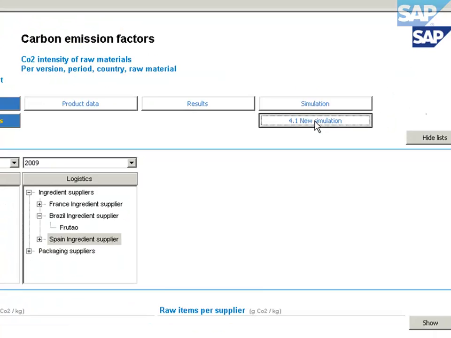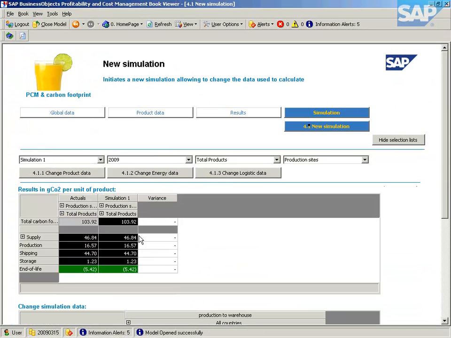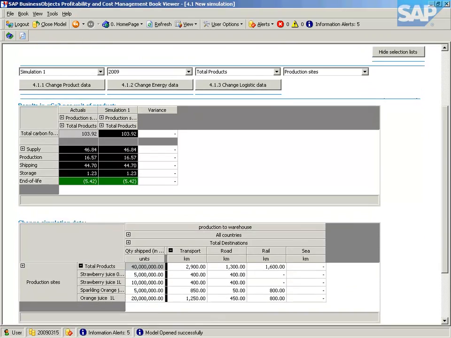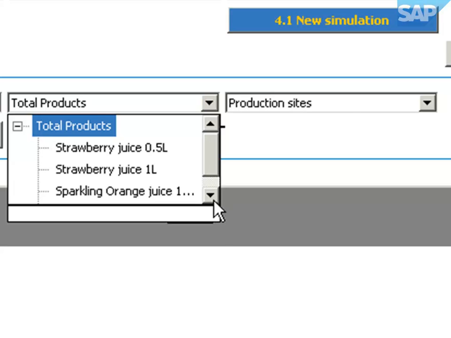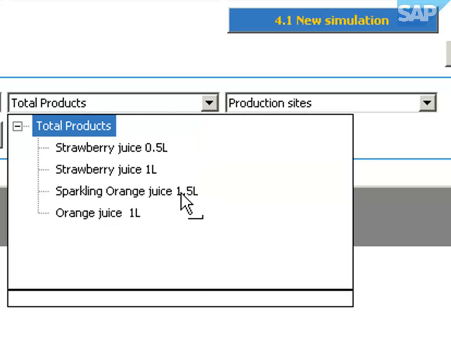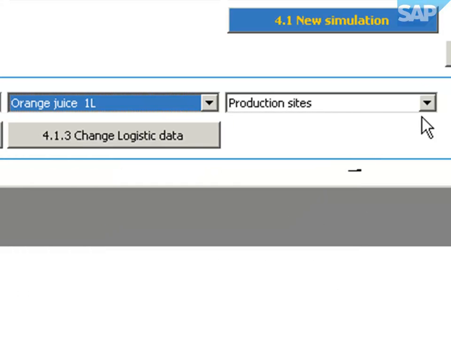So if we select simulation and new simulation, you can see here that we've got the current situation, and we can see the actual figures, the figures that we're just looking at, are identical to those in the simulated column here. And there's currently no variance. What we're going to do is a new simulation focusing on the 1 litre orange juice in